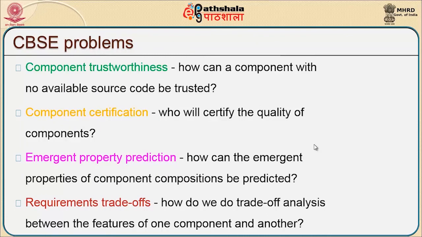Some of the major problems that we may come across, because of the object oriented software engineering perspective, led us to the component based software engineering perspective. Now, component based software engineering can also come across some very decent problems like component trustworthiness. How can a component with no available source code be trusted? So any component that we wish to take directly from somewhere else and use, how is that